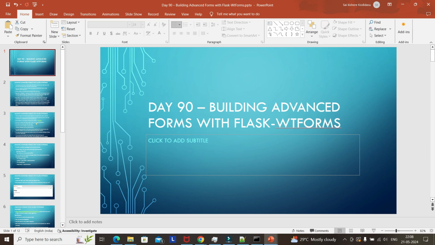Okay, good evening. So today we will see the advanced forms using Flask or WT forms. As of now we have built HTML forms, so it is an advanced version of that. We will be using default Flask forms so that it is easier